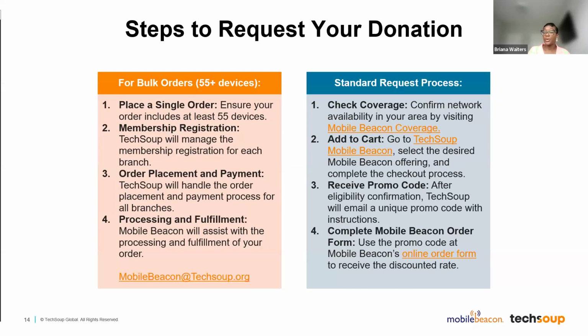And then I'll just quickly touch on the bulk order process. So if you're a library system that, let's say, has 5 different libraries within your system, instead of placing multiple orders, you can just place one bulk order. So you'll work with TechSoup directly, and TechSoup will work with Mobile Beacon to process one whole order instead of having to worry about 5. So we can take care of shipping and handling to all the various locations and payment processing and all of the things that are entailed with typical ordering. So it's one of the benefits of the program.